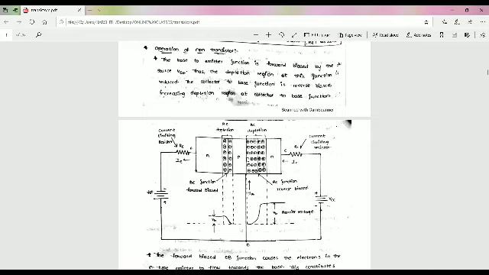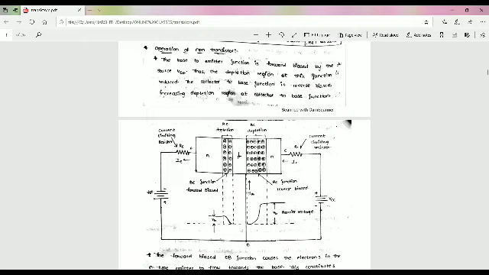As these electrons flow through the P type base, they tend to combine with the holes in the P region, that is the base region. Due to light doping in this P region, very few of the electrons injected into the base from the emitter recombine with the holes to constitute the base current, that is IB.